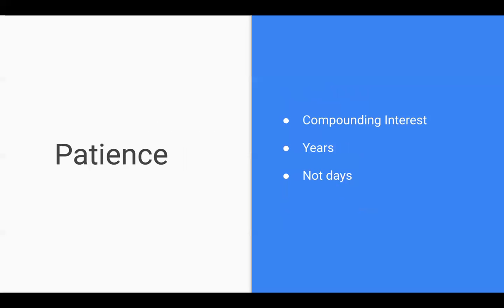So when investing in the stock market, it's probably the most important thing to just be patient. 98% of people who day trade in the stock market actually lose money. So what's most important is to slowly let your money work for you. Now, the best way to describe this is by using compounding interest.